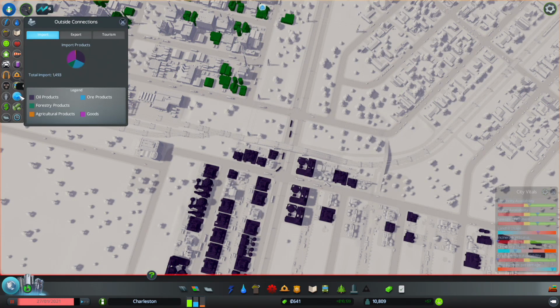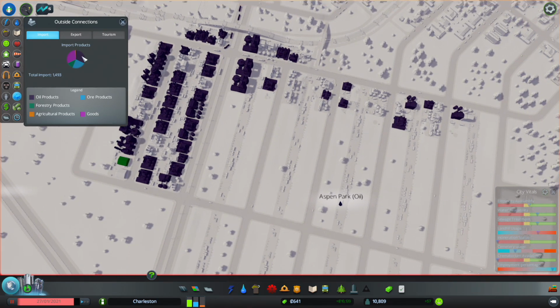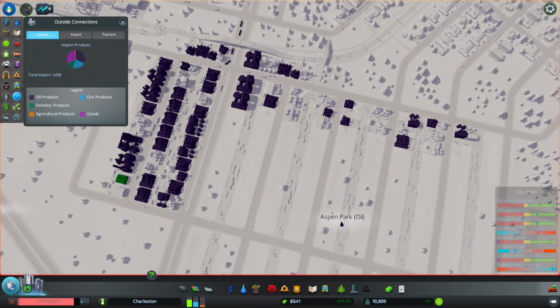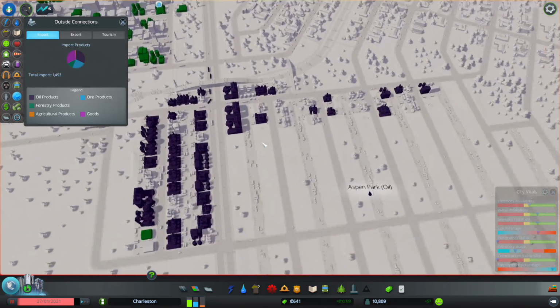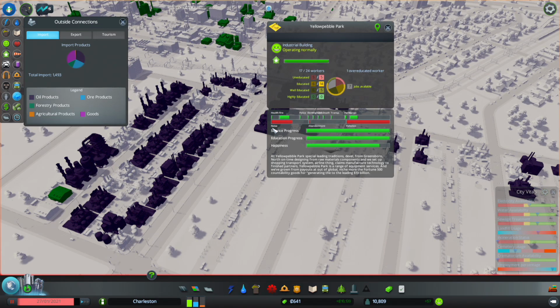What we can do is look at outside connections and oil products. We are importing oil. Yeah, that means we are definitely going to want to boost up our oil production here. Although, that's a little bit annoying because you put all this down, and then, although these are oil production buildings, you have the Yellow Pebble Park